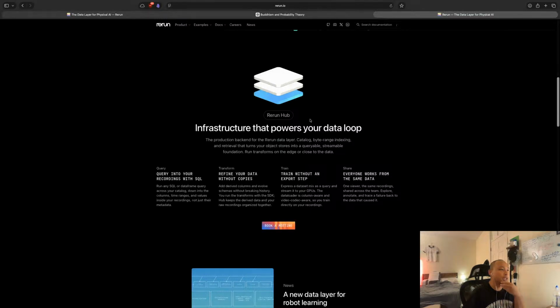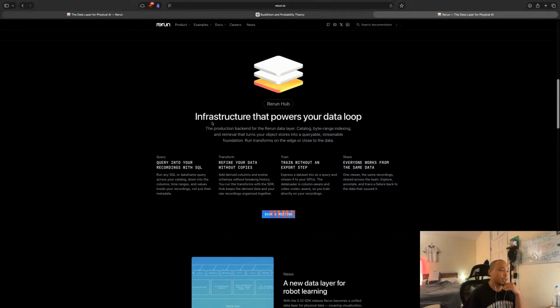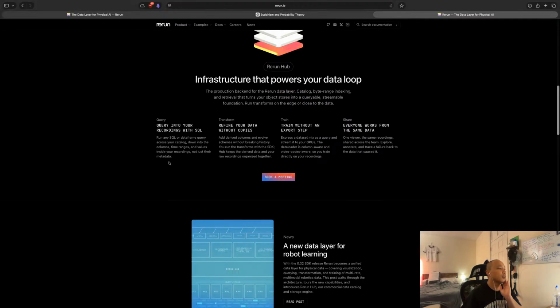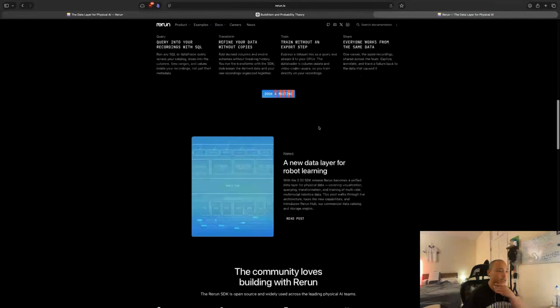You can see their proposition: they're making the infrastructure that powers the data loop. You can query your recordings with SQL. You can refine your data without copies. You can train without an export step. Everyone works from the same data.